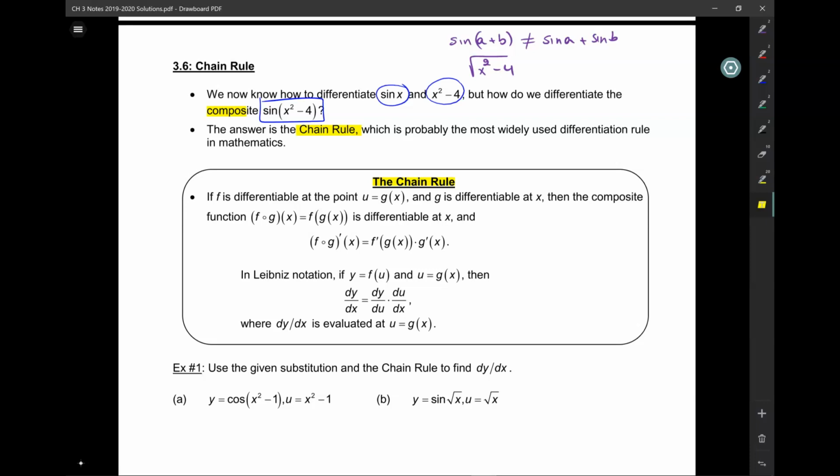That's why I take so long to do that, f of g of x. Remember, I would give you a composite function. I would say find f and g such that f of g of x is this. Okay, so now,